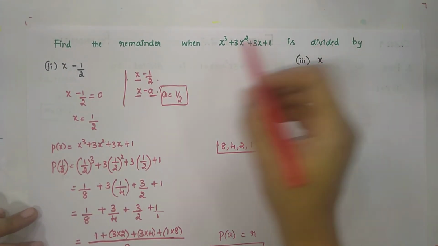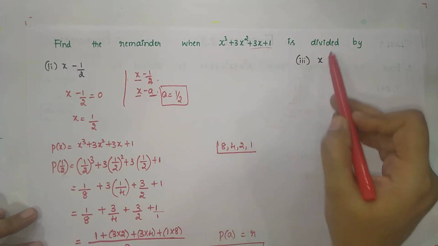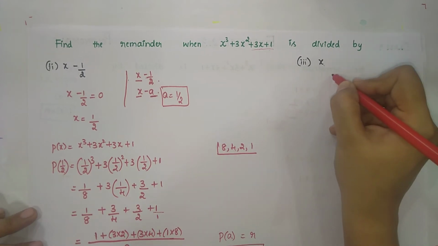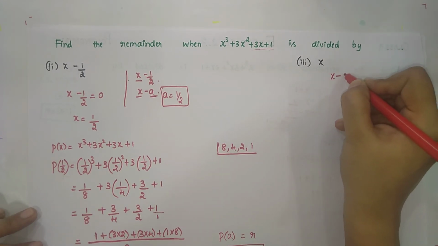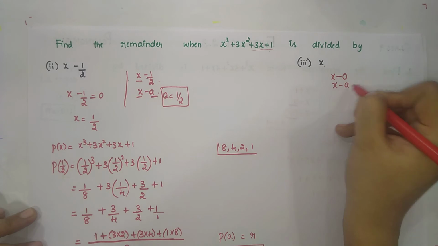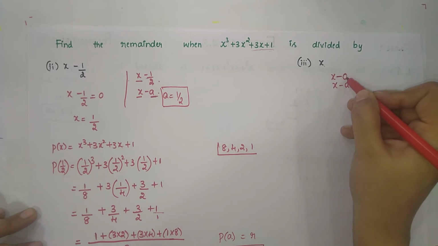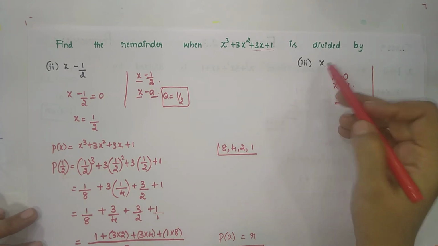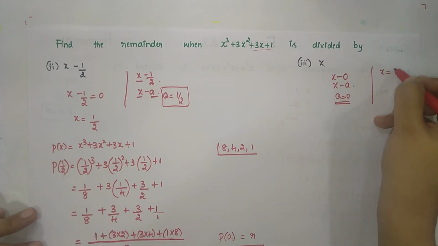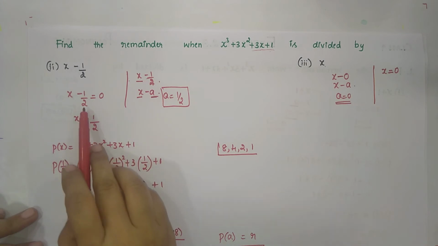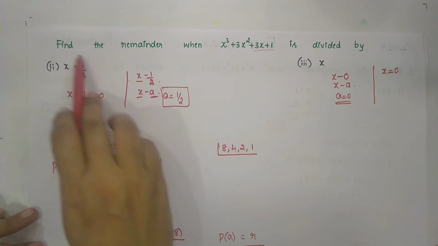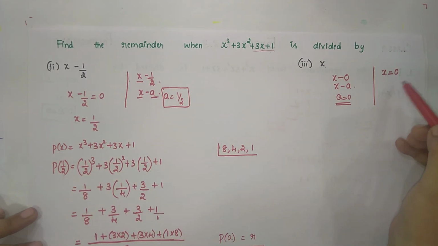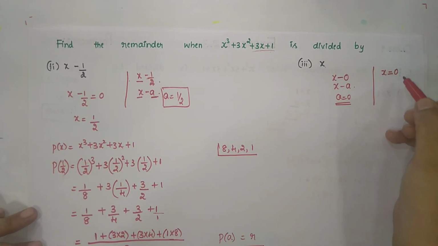The third question is, you have to divide this given polynomial by x. So we have only x here, so it is nothing but it is in the form of x minus 0, that is x minus A, where in the place of A we have 0. So A is equal to 0, or else you can do by equating x to 0 as we did in the last problems. That is, by equating the given linear polynomial, that is divisor, to 0, we will get the value of x. So we have x, so x equal to 0.